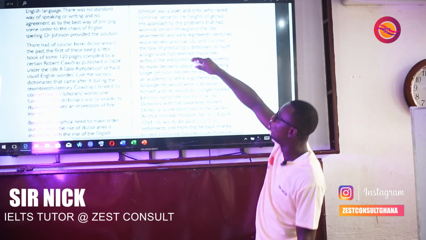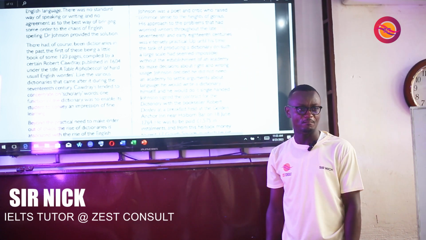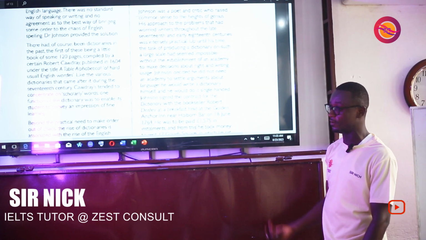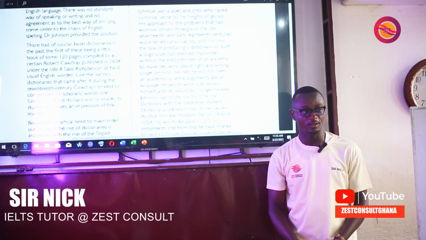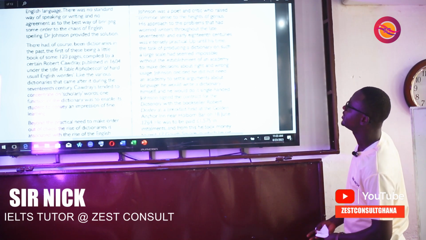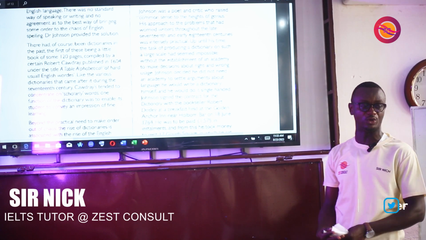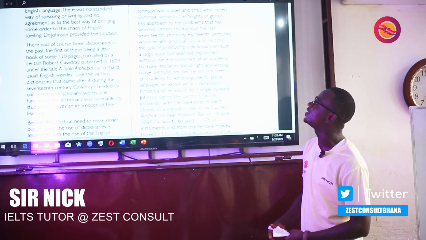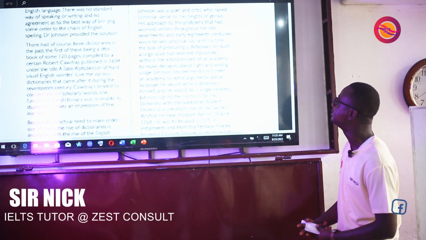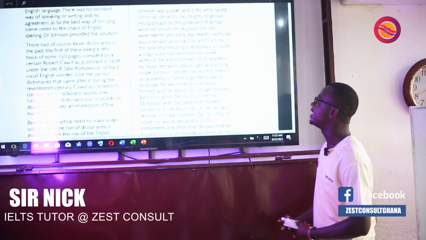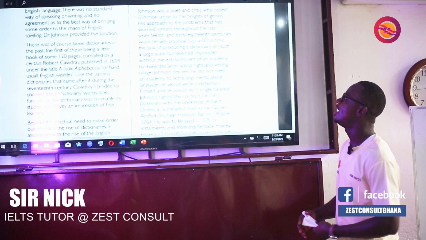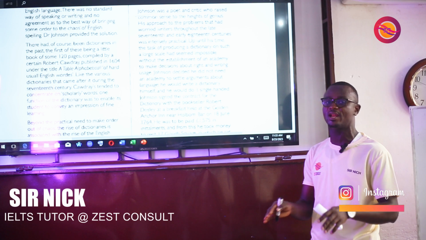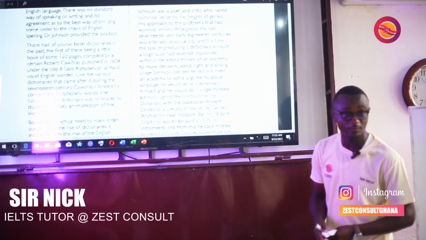We don't need the full merit of the passage. But of course, if we want to read down from the top to the bottom, we can start. Let's begin. Johnson was a poet and critic who raised common sense to the heights of genius. Now, his approach to the problems that had worried writers throughout the late 17th and early 18th centuries was intensely practical. Up until his time, the task of producing a dictionary on such a large scale had seemed